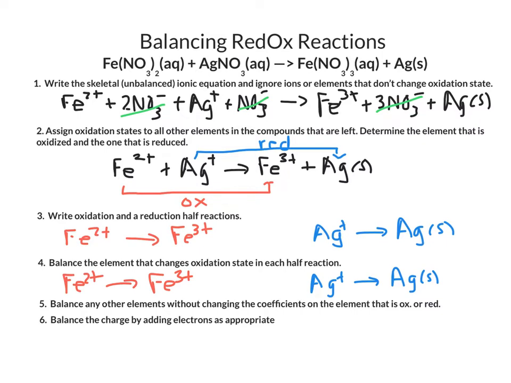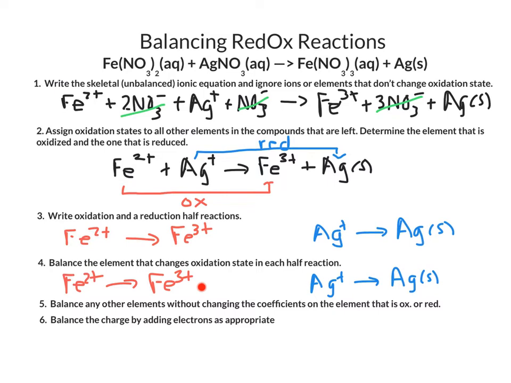Step 6 is to balance the charges by adding electrons as appropriate. Electrons are negatively charged, and so we can use them to make sure that the charges are balanced. So for this half reaction, we have a 2+ charge on this side, and we have a 3+ charge on this side. So we have an extra positive charge on the product side, meaning we'll need to add an electron